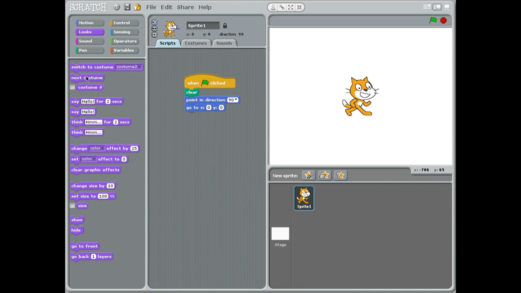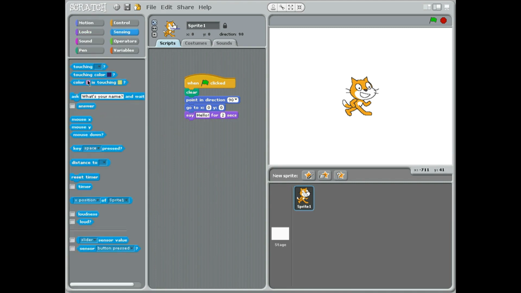Now we're going to say hello, because he's a nice polite cat, and he's going to ask a question. So he's going to ask, we're just going to type in here, what is the length of one side? So we're going to need to know the length of one side of the square to get